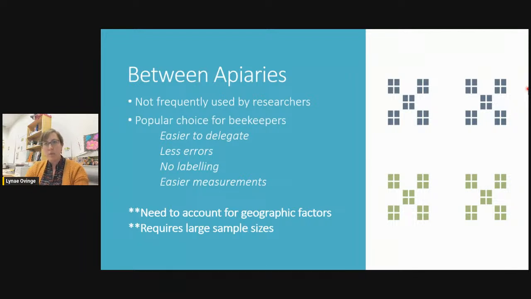You're not having to label, and the measurements are easier because you can do types of measurements that'll go off the whole yard if you'd like. But one thing I've got to say is you really have to account for the geographic factors, which might be obvious, but I want to say this. So you cannot compare your 20 yards west of the highway with your 20 yards that are treated with something different east of the highway. You need to intersperse the treatments and the controls throughout your area.